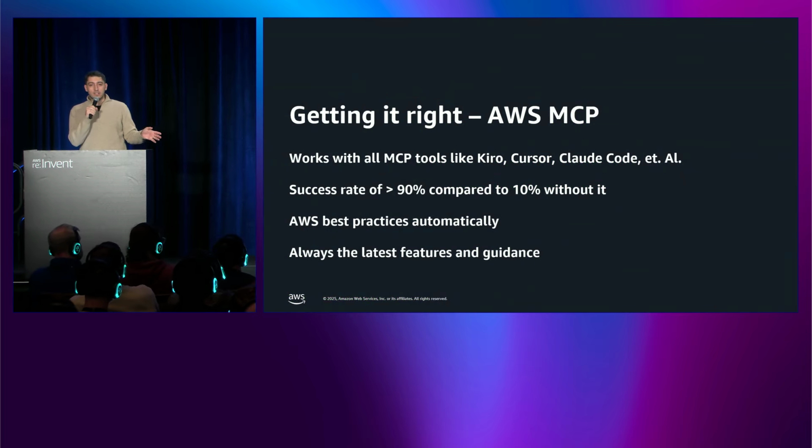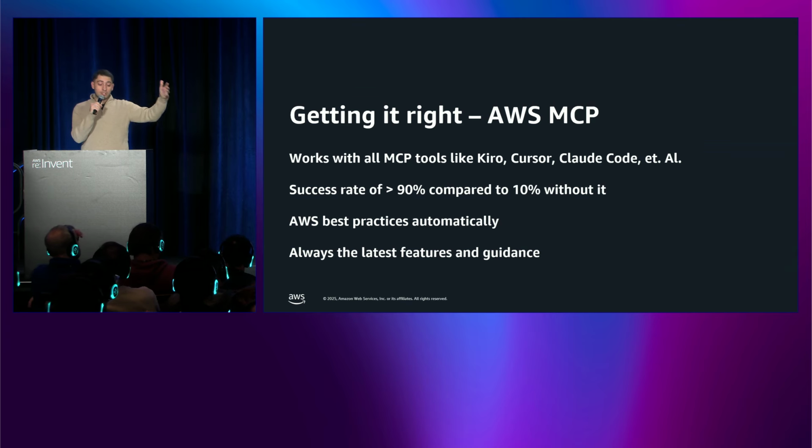With the AWS MCP in place, we want to switch the 10% into 90% so you can have deployment-ready applications through the agentic IDEs. If you walk around, you will see this ghost sign all around, and that is Kiro. With that, we are committing to building applications through agentic workflows as well. We are giving you a success rate of more than 90%, and it brings the best practices automatically for you.